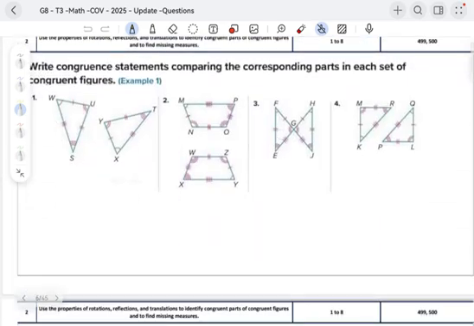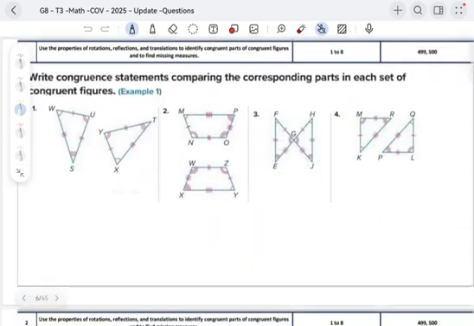Okay, let's continue. For this part, they want us to write the congruency statement, comparing the corresponding parts in each set of congruent figures. Remember to pause the video, try to solve these questions by yourself, and then check your answers with us. Let's start with question number 1. The order here is very important. Let's start with angle W, it's congruent to angle